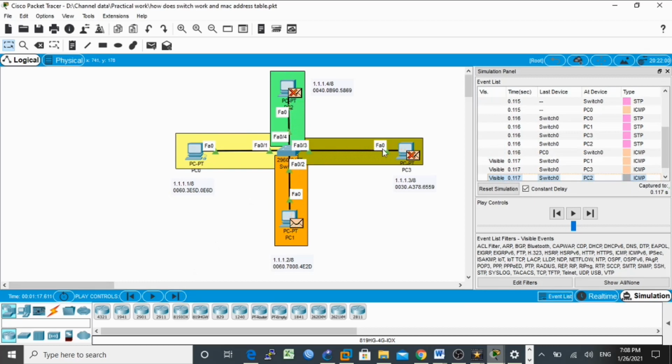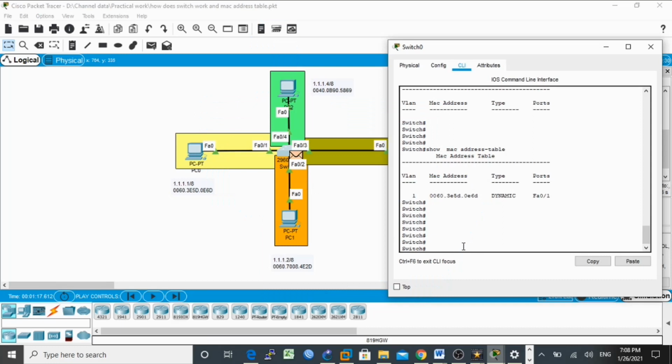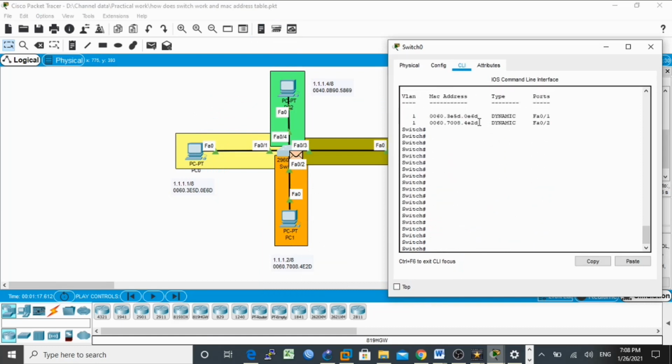These other two frames are discarded because they don't belong to them. Now this PC will respond. When this frame reaches the switch, it will update the MAC table with the MAC address of this device as well, with the VLAN number and the port number. Understand?